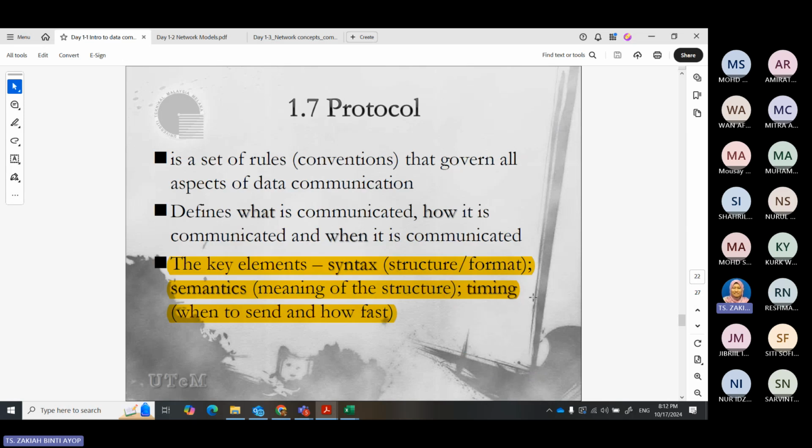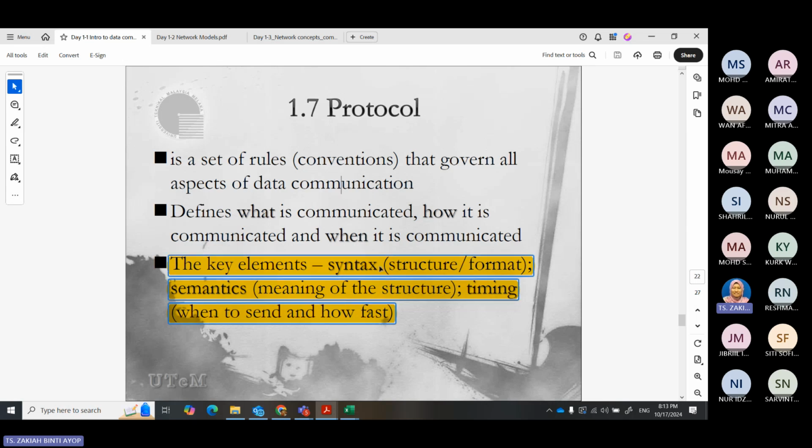As I mentioned before, the protocol is needed for you to communicate. Why? It's a set of rules or conventions that govern all aspects of data communication. It defines what is communicated, how it is communicated, and when you can communicate.